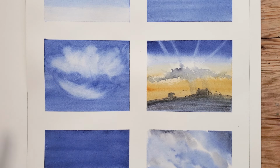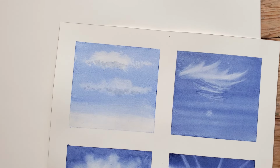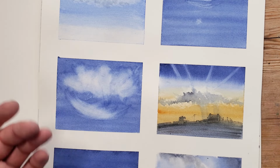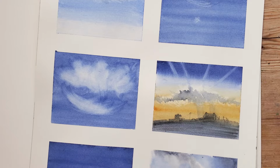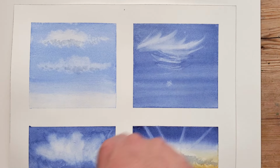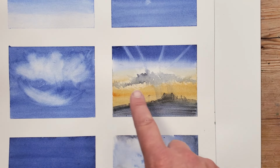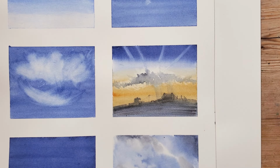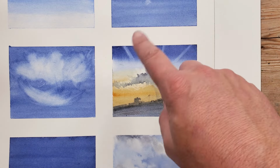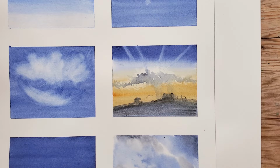Now sponge is just as an effective technique for removing as tissue paper, and it again can give, depending on what sponge you're using, some nice irregular techniques. And like tissue paper, you can also use it to lift off and create sort of fluffy bits as well. Now I might just add a little bit of white gouache onto that to finish that, but this is how to create those kind of like sun flares when you get late evening